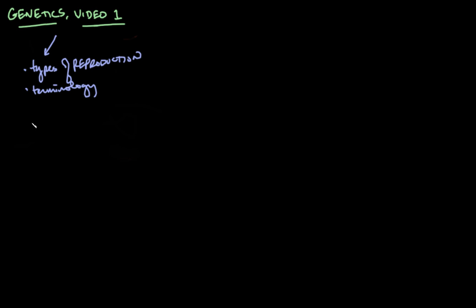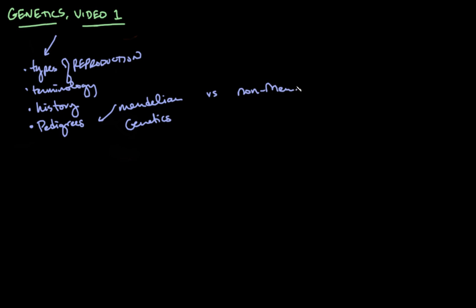So types of reproduction, terminology, a little bit of history, and maybe hopefully we'll get to some pedigrees, but really those pedigrees are all about what we call Mendelian genetics as opposed to non-Mendelian genetics, which is really where it gets a little bit more complicated. So we'll talk a little bit more about these,